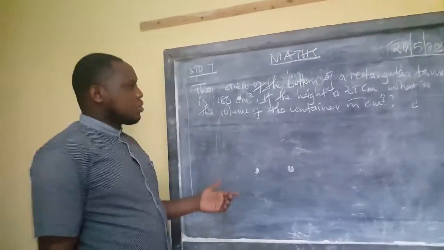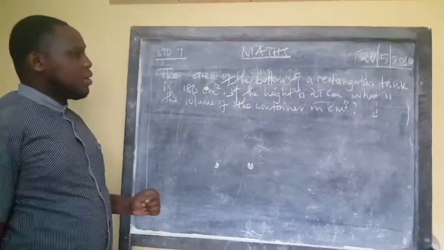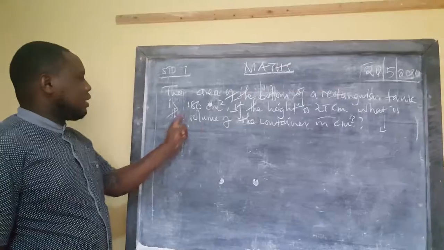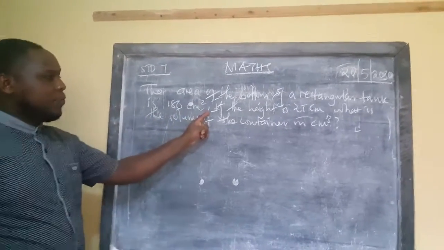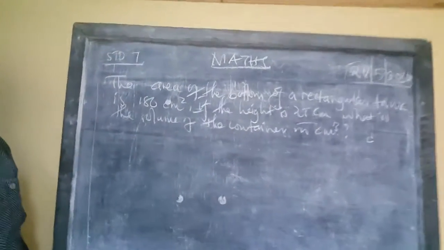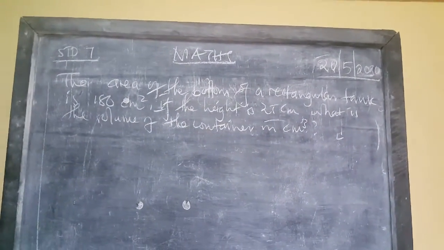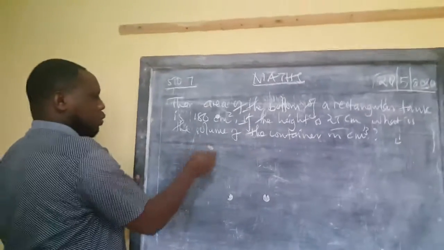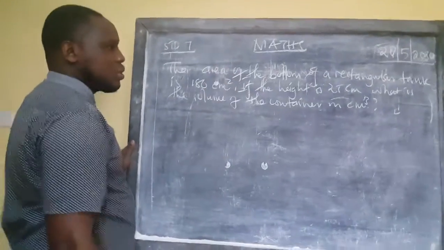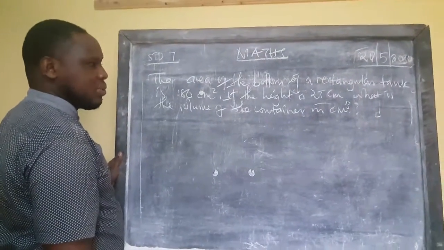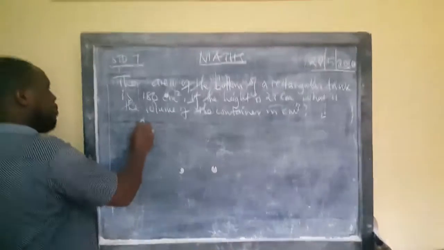So I've written a question here which says the area of the bottom of a rectangular tank is 180 centimeters squared. If the height is 25 centimeters, what is the volume of the container in centimeters cubed? Now what are we given? We are supposed to break this question down into some workable statements. So we are given the